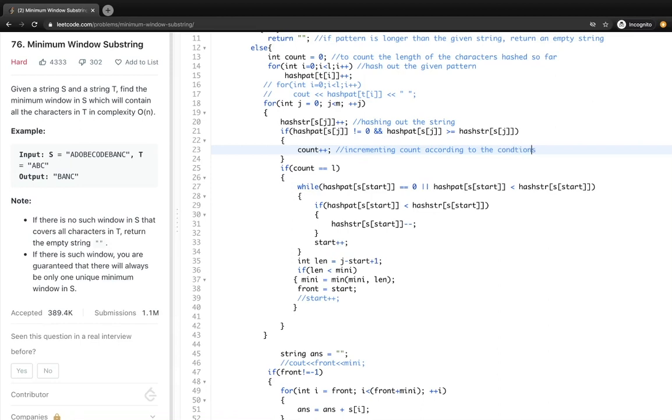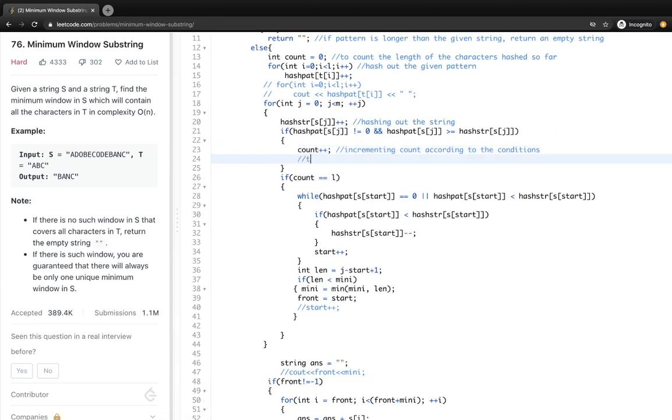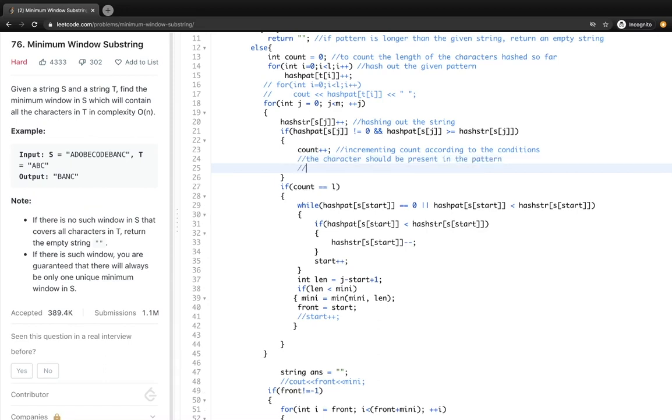What were the conditions? As mentioned in the approach part as well, hashpat should not be equal to 0. That means the character should be present in the pattern. And the second condition is that the character I am hashing currently should not have been hashed equal to or greater than the times it is present in the pattern.